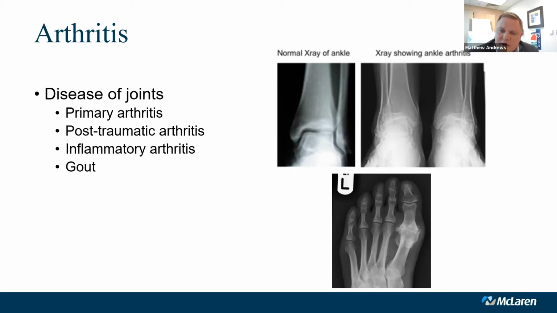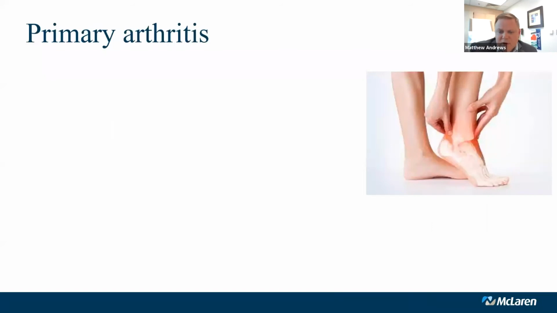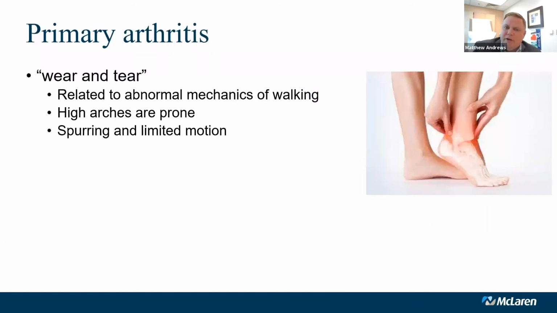And this picture on the bottom here is really a big toe arthritis, and you can see some of the lesser joints. That nice clear space that's there, that's really cartilage, and cartilage does not show up on an x-ray. Whereas if you look at the big toe joint, there's no cartilage left there whatsoever. That's basically just a bone-on-bone interface with a lot of spurring and a lot of what we call sclerosis or remodeling of the bone right around there. So these can be really secondary either to just primary wear and tear arthritis over time, or also to post-traumatic arthritis, like due to an injury where you have abnormal joint mechanics that leaves you with a bad joint. So primary arthritis, this is more of the wear and tear type arthritis.